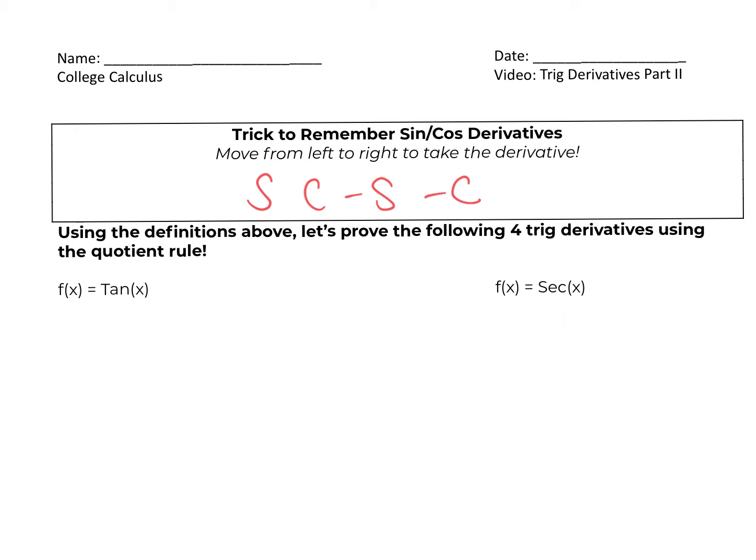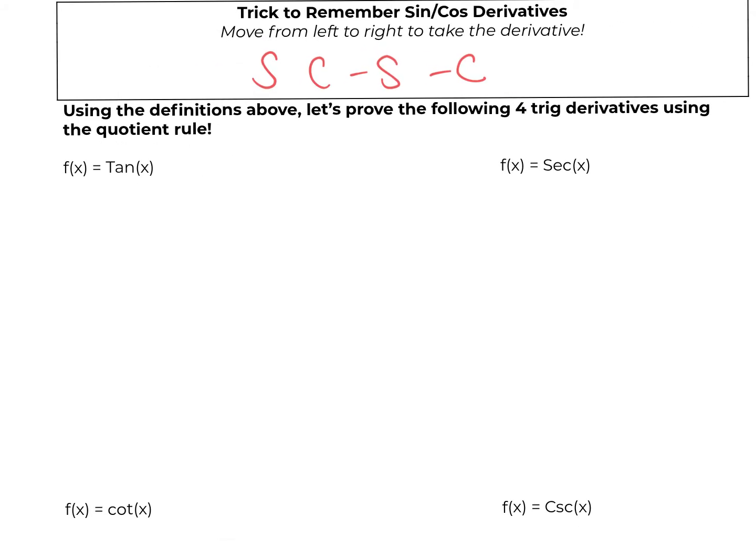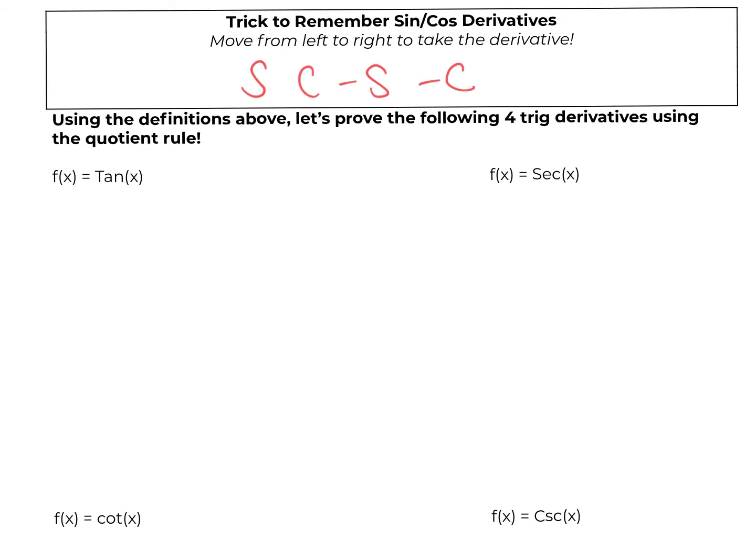So let's start with tangent. We first need to rewrite tangent as sine over cosine. Now we can use the quotient rule to find the derivative, where sine is my high and cos is my low. So my f prime will be low times d high. The derivative of sine is simply cos, so we look over here to the right. So low d high minus high,